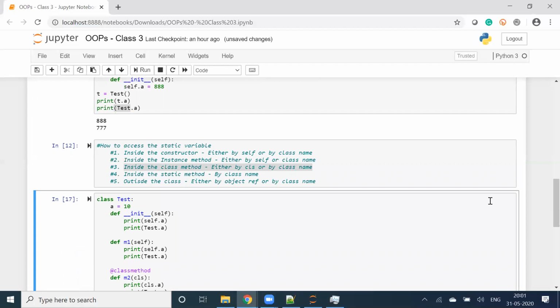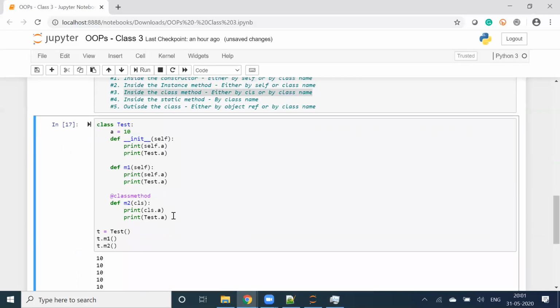Now in a static method, how can we do that? Let me create the static method, def m3, print Test.a, because in a static method we can access it by class name only.